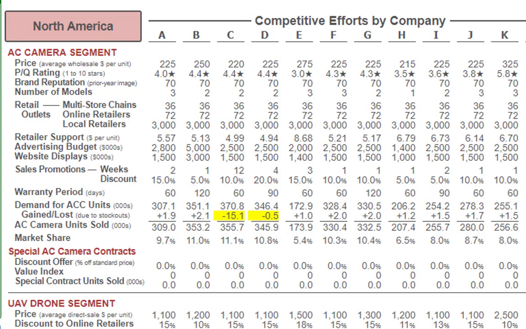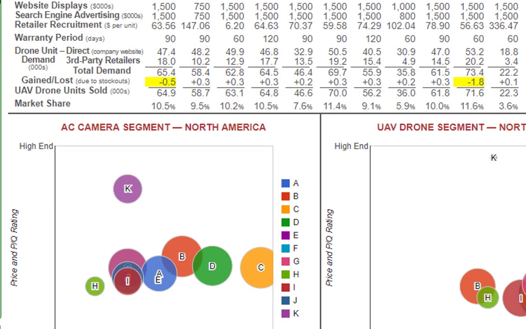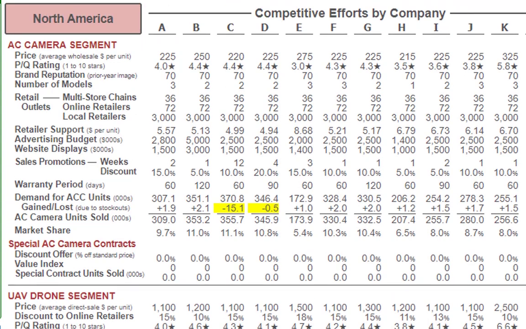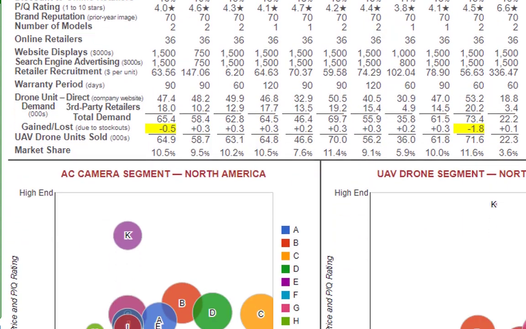Here you can see the number of models. You have 3, 2, 2, 2, 3, so on and so forth. You can see the retail support, the website display, sales promotions. You want to look at all these gains and losses. You want to analyze as much as possible. This information will absolutely help you out. So if I go ahead and scroll down,